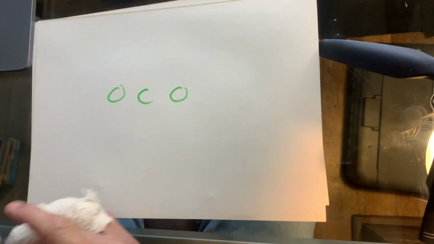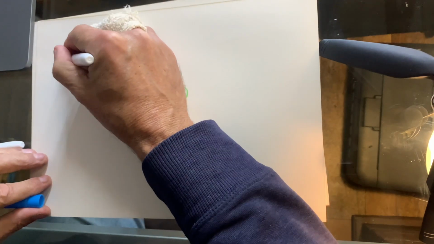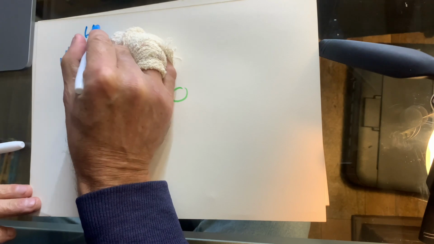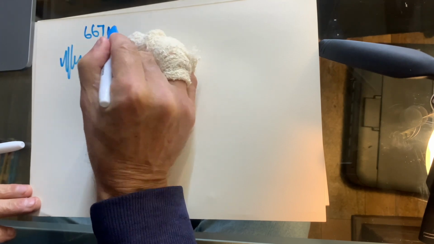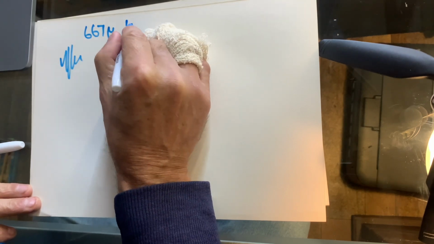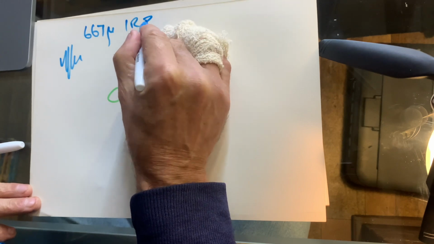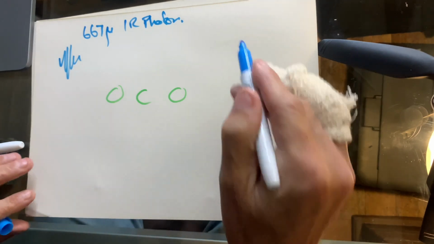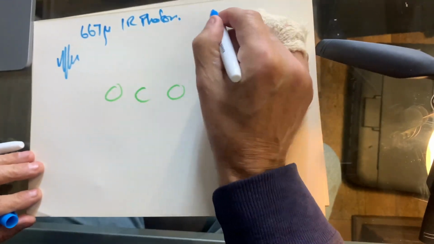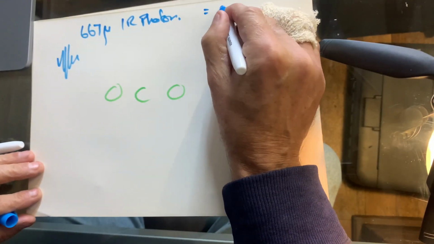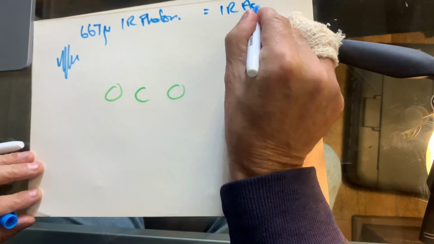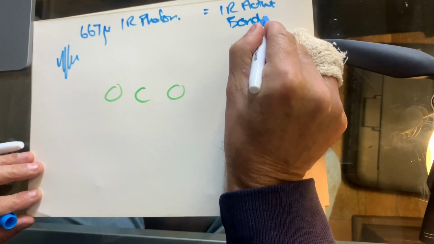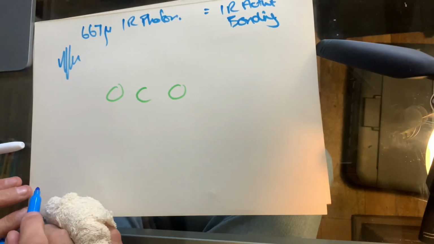So what happens when we get our, okay, this is a 667 micron IR photon, and it's going to be IR active, okay, for bending, bending being a type of vibration,